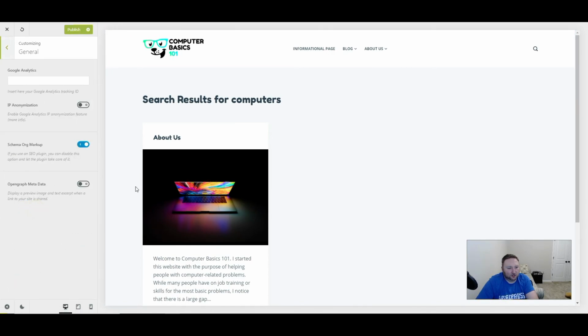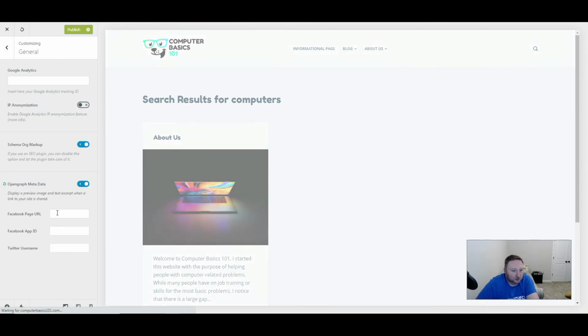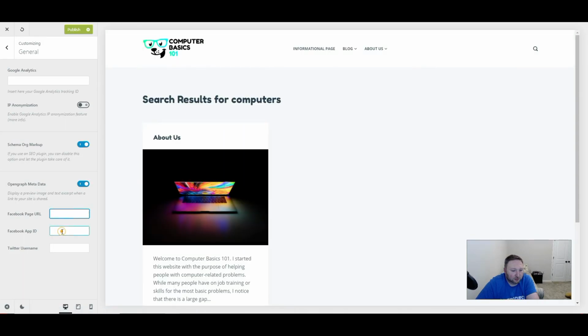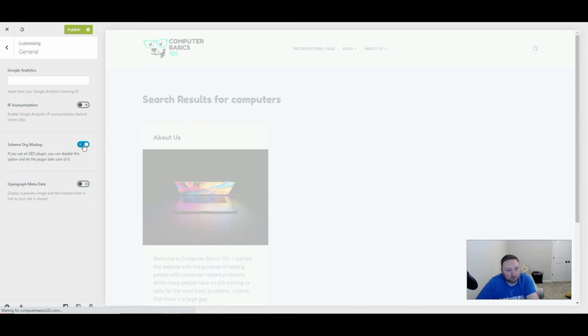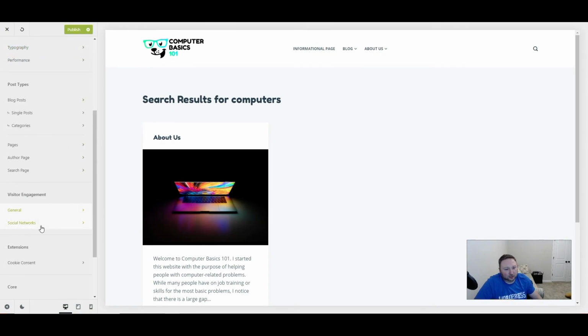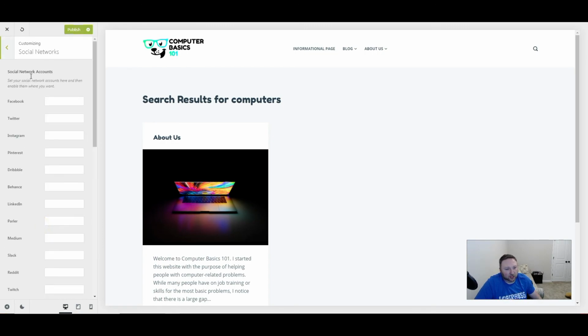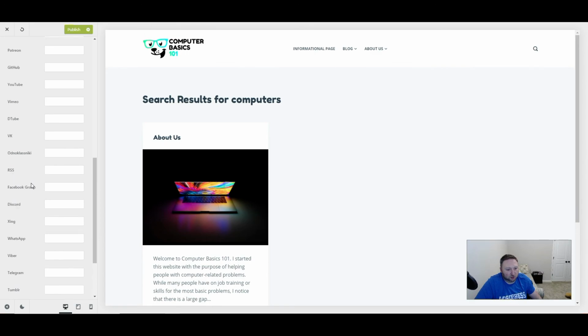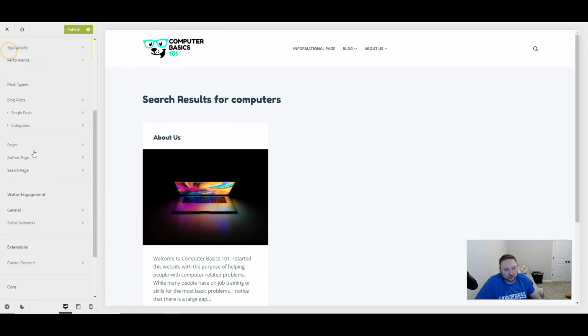And then visitor engagement, you can do some. I'm definitely going to do IP anonymizing because I think that's fair. I don't like to take anybody's IP data. And I'm not going to do Open Graph because this is not going to have a Facebook ID or URL. So unfortunately, I'm just going to have to use whatever I have. I think I can do some Open Graph stuff with Rank Math. And obviously, I'm not going to add any social networks